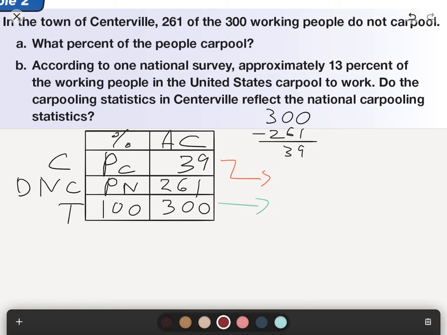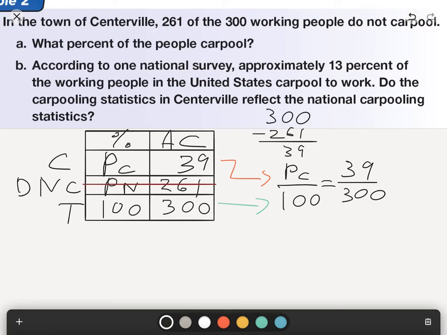Our useless information here is it's not asking. It doesn't want to know the percentage of people that do not carpool. It's not asking that, and so we can eliminate that as sort of our useless slot for this one, and so then that leaves us with percent carpool is to 100% as 39 is to 300, and then I'm sure you're just looking at this going,